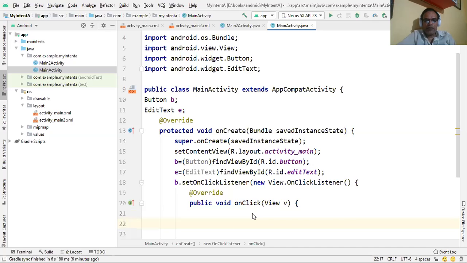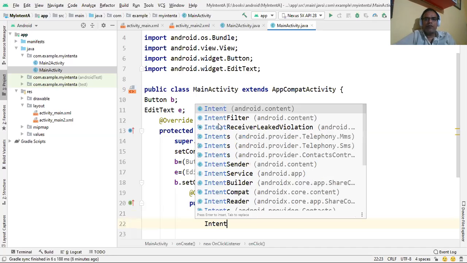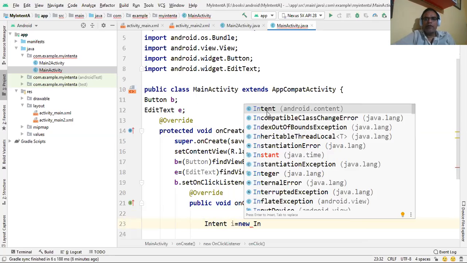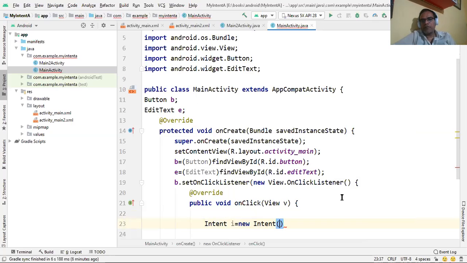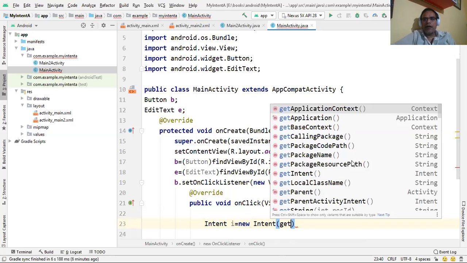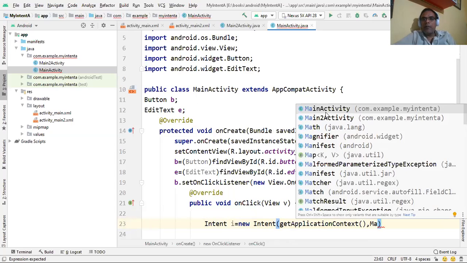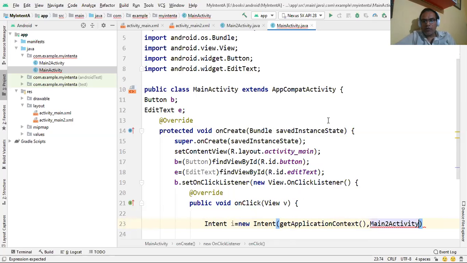We create an intent object, I, assign it to new intent, and we pass two arguments here. The first one, get application context, comma, second, main to activity dot class file.